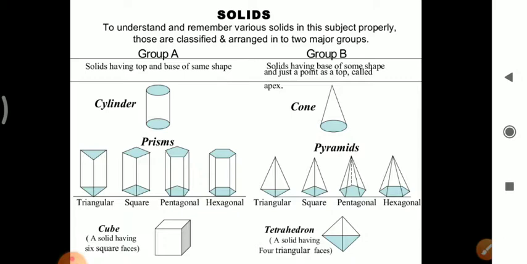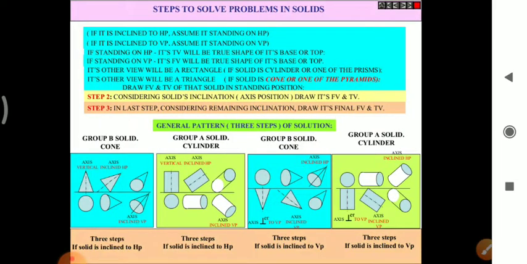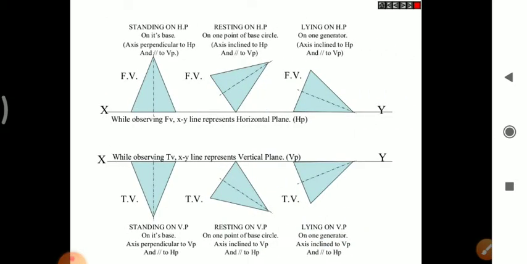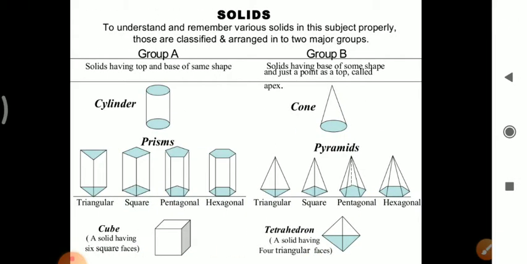Now I want to explain the types of solids and their nomenclature. Then we'll move on to how the solids can be positioned with respect to both VP and HP. Like in planes, where we explained the position of the plane surface initially: surface parallel to both VP and HP, surface parallel to HP and normal to VP, surface inclined to both VP and HP. So different conditions like in lines and planes. In the same way in solids, the initial position is explained with respect to the axis of the solid.